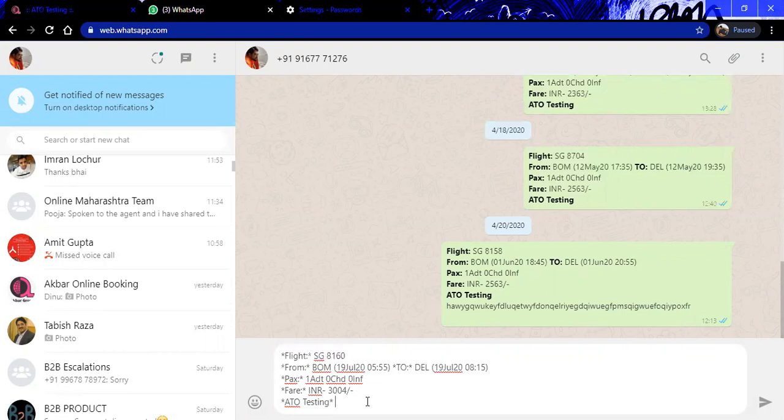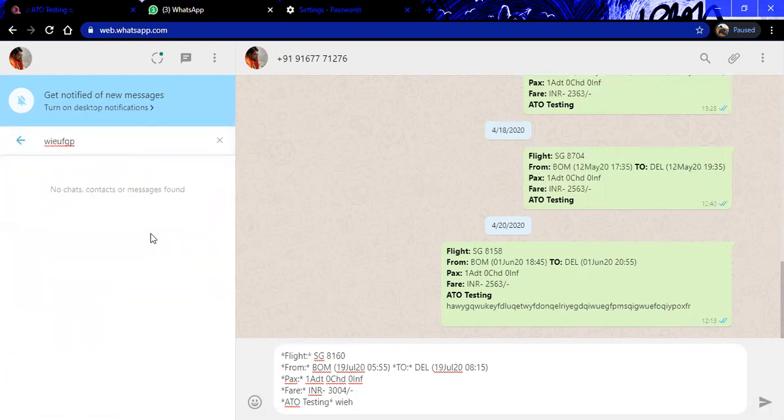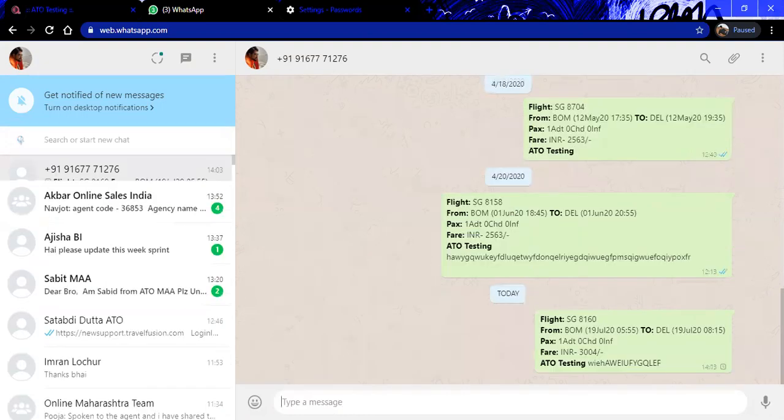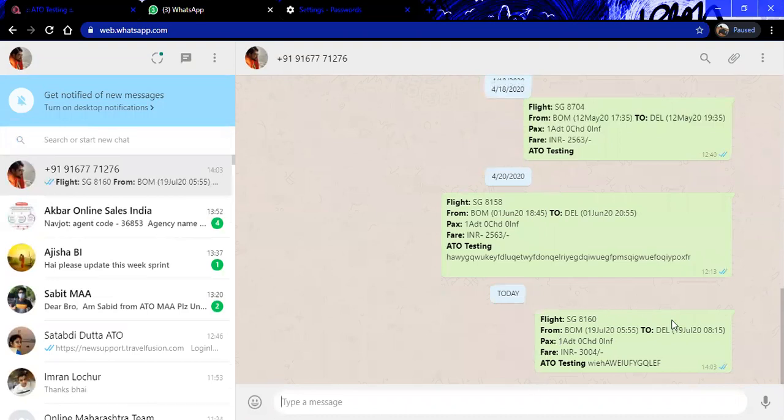If you wish to add something, you can add it here and send this to the concerned contact. Whatever is selected will be shown in this format, and you will be able to get the WhatsApp message with the availability.